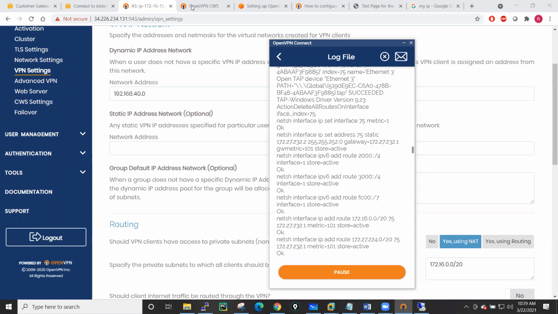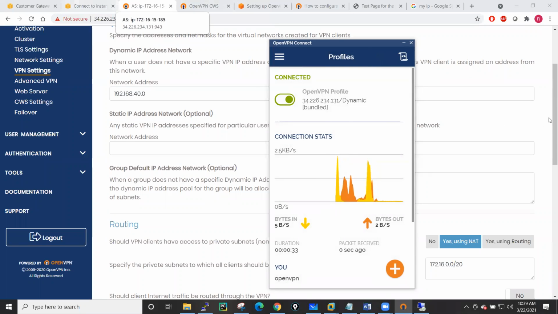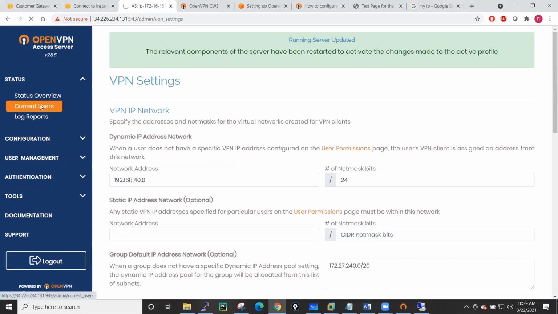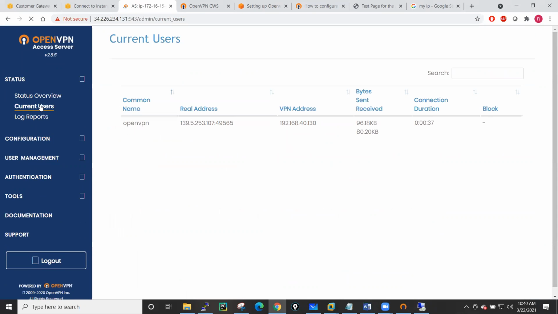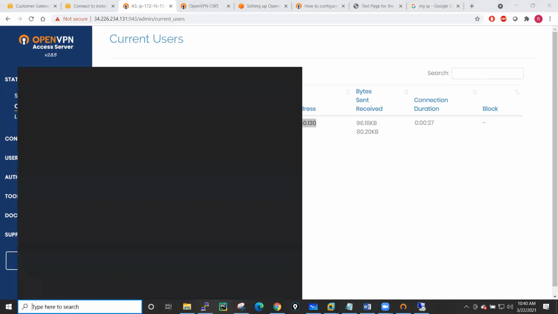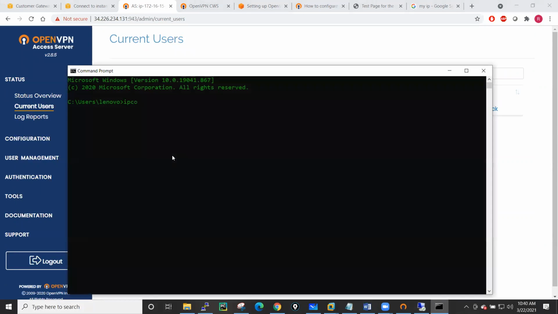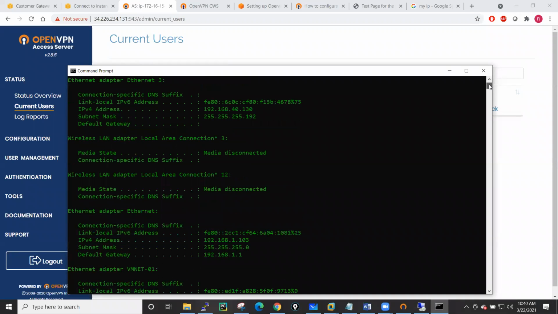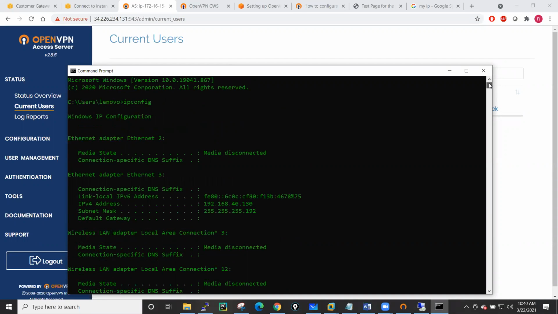Now what I will do, if I go into this admin dashboard one more time, into the status, into current users, right now there is one user having an IP in this range. And if you go into your CMD and type ipconfig, and you go into that adapter which is there for your VPN connectivity, see, Ethernet 3 is the adapter and it is getting an IP in